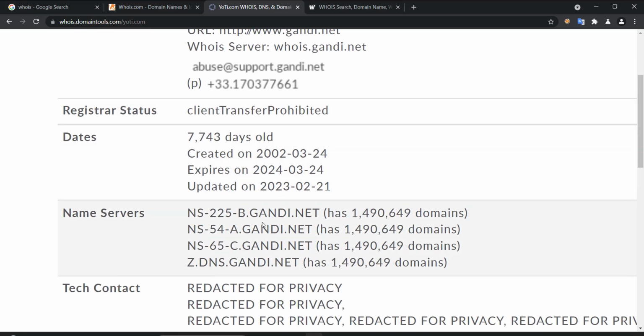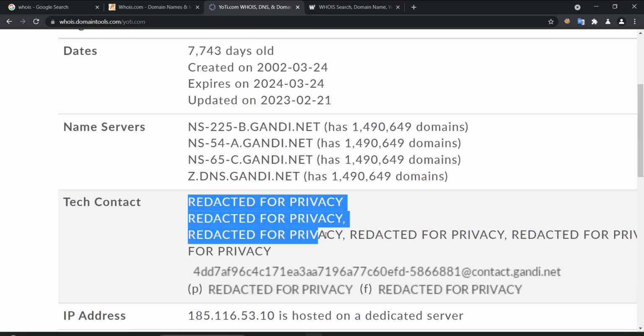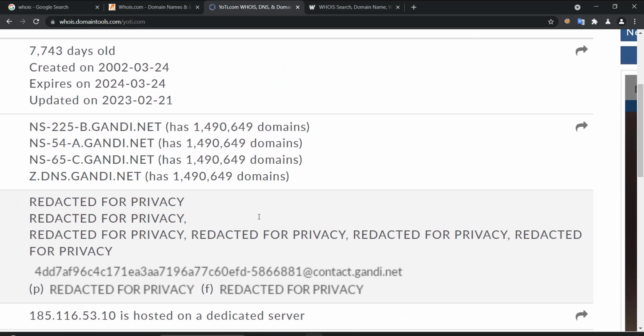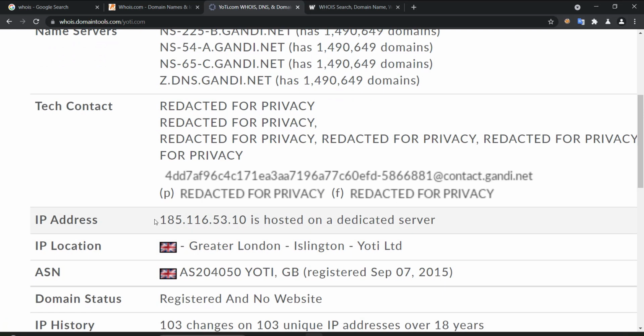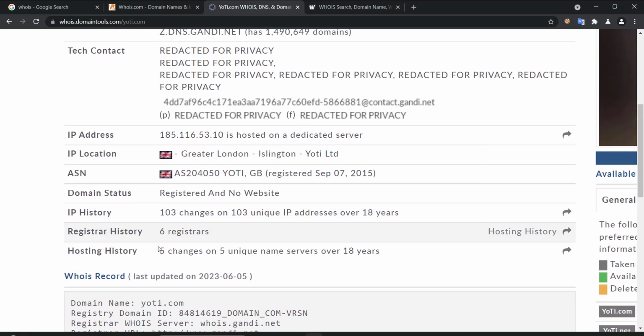And also you will see that we identify the name servers and the tech contact, even the contact number of the people who registered this domain is redacted for privacy. So they are doing some protection, good for them. The IP address, where it is hosted, and it is hosted on a dedicated server. The location, the IP history, the registrar history, and all of this later we will go into in detail, how to track the IP address,